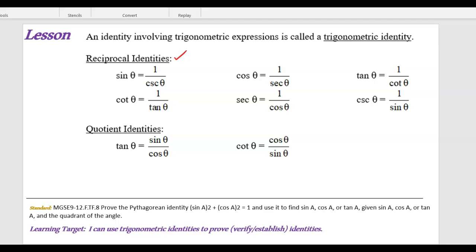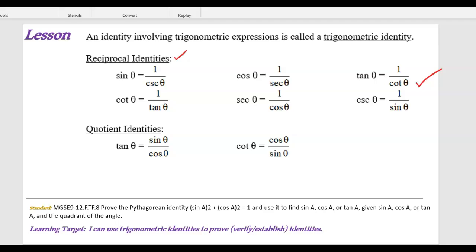Inverse meaning the multiplicative inverse, where you've inverted the problem. So secant of theta, we know this. Cosecant of theta, we know this. Tangent and cotangent are reciprocals, so we know all these already. So you're going to use these. Every time you reciprocate, every time you rewrite 1 over cosecant theta and replace that with sine theta,